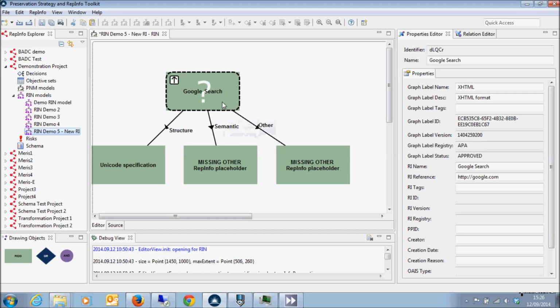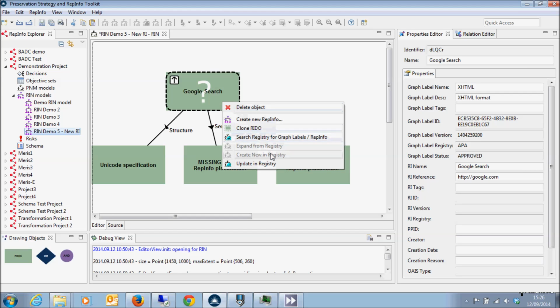So if I right click, now you should see there's a Create New in Registry option on the menu, but it's grayed out. That's because it only applies to RIDOs that contain completely new things, so a new graph label and a new RepInfo. And in this case, we have an existing graph label, the one for XHTML. So although we haven't changed the graph label, the RepInfo is new and we need to use an update to update it in the registry. And if I select update,